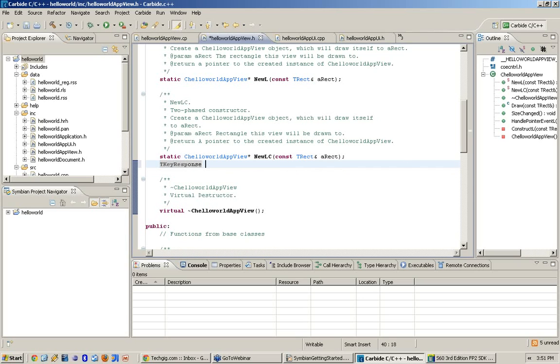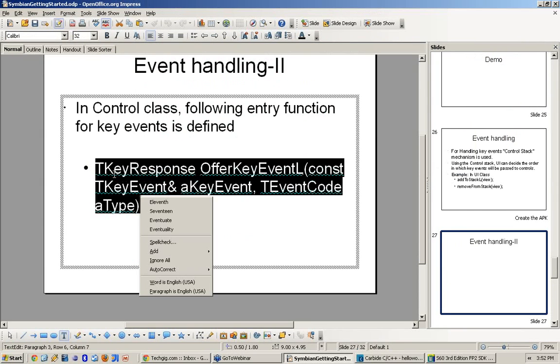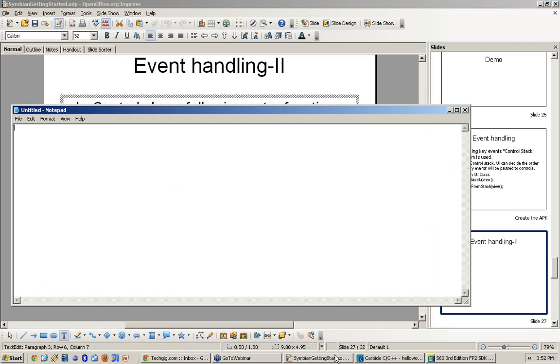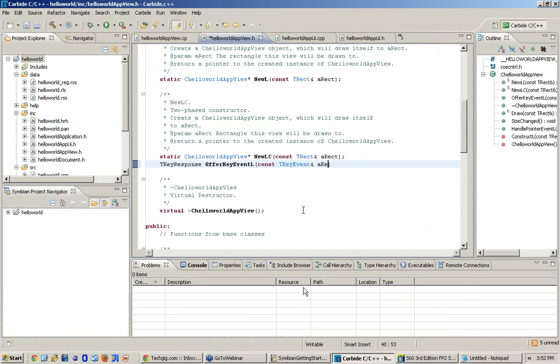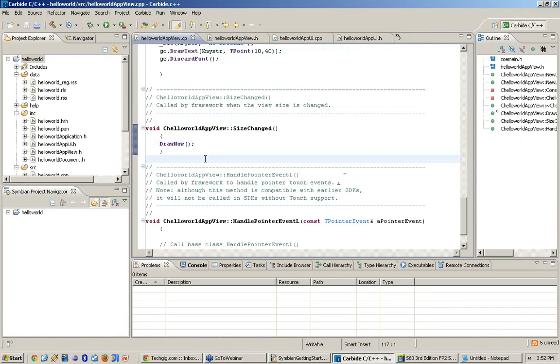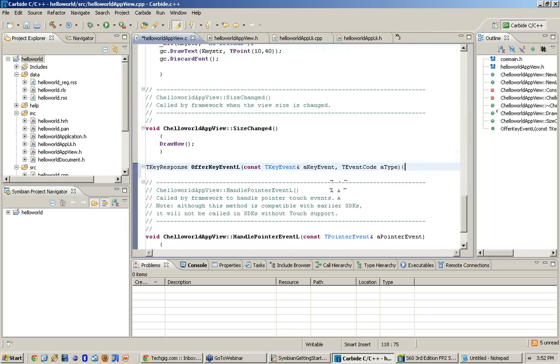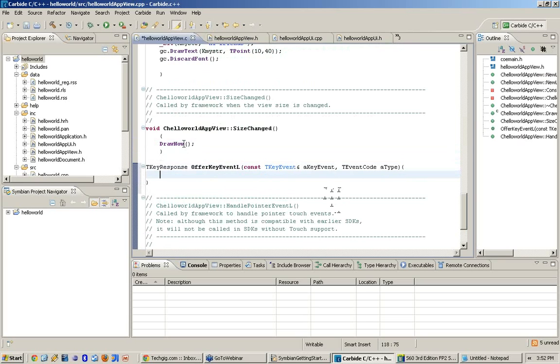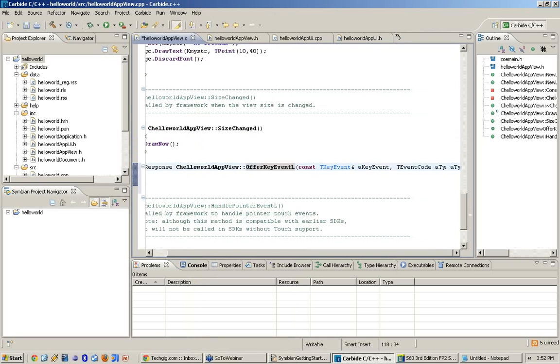I know the data type, otherwise you can consult the help. So what I will do is copy it. So I have created this, and